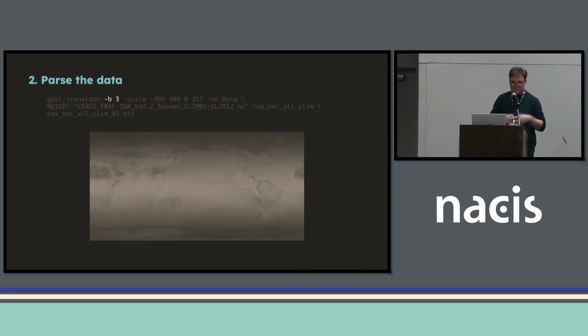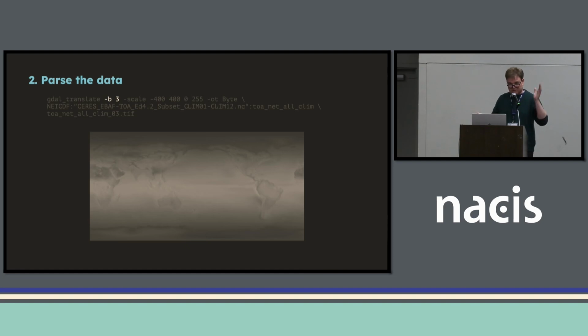And you do that with the -b flag, which stands for band, and then specify the band. Notice it's one indexed, not zero indexed like Python. So March, month 3, is just -b 3. I've also done some scaling, output the TIFF, and you get the nice grayscale expected with the single parameter. However, you may notice that this doesn't run from the international dateline to the international dateline